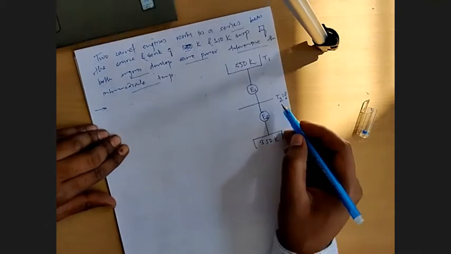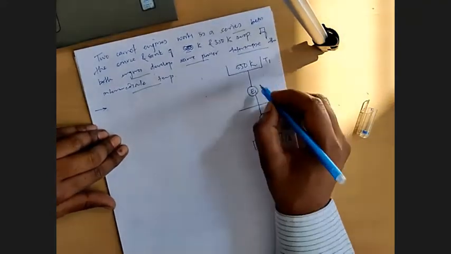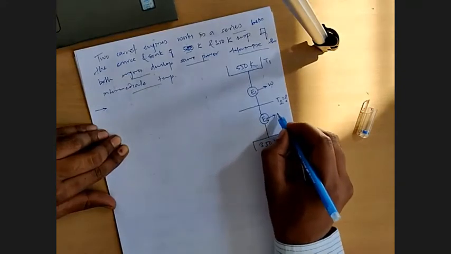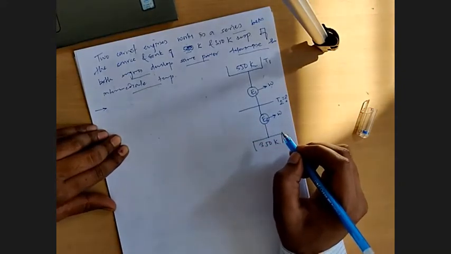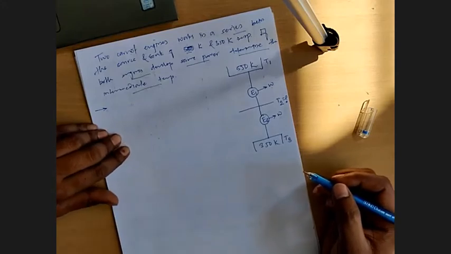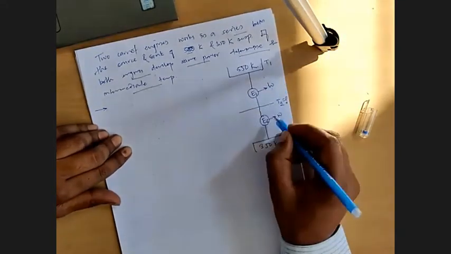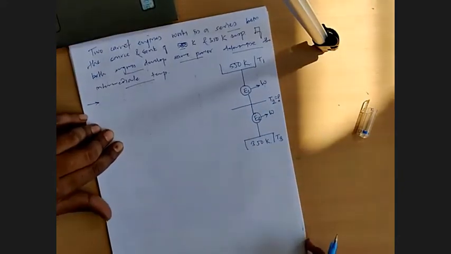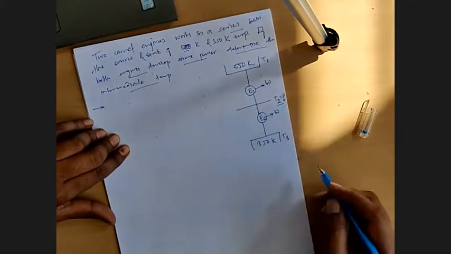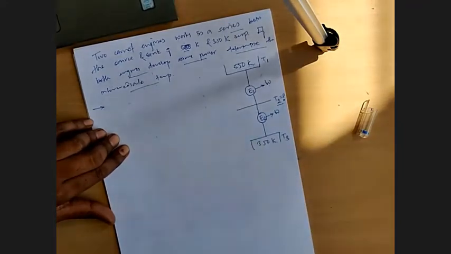So we need to find this T2, and what they have said, the work produced by engine 1 is equal to work produced by engine 2. So let's consider W for the both. Instead of W1 and W2, both are producing same work output. So let's consider that one as W only. Now we need to find this T2. So let's see how to do that.